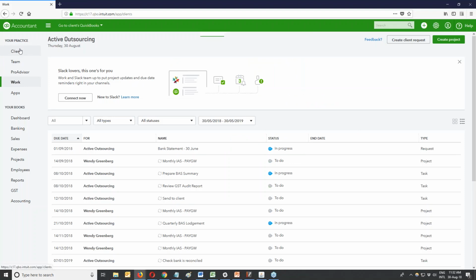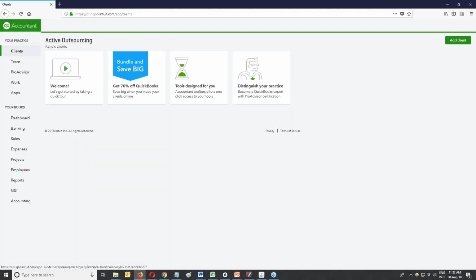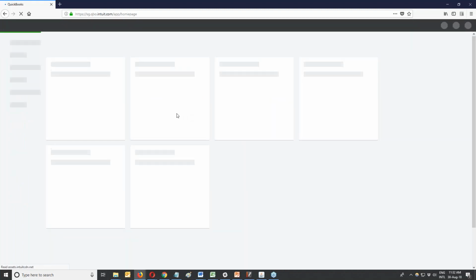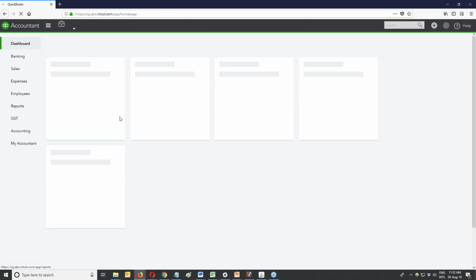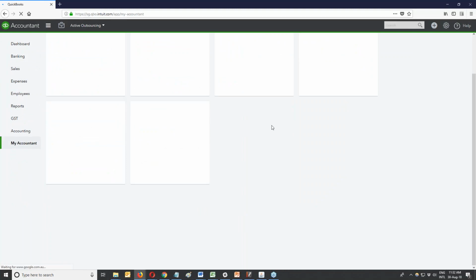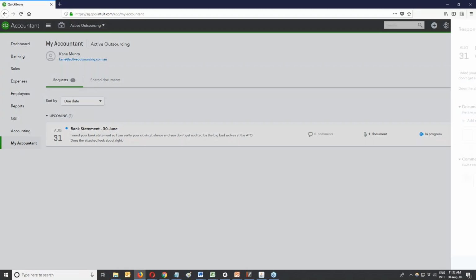So if I just jump into the client version here, which we'll try to do up here. My Accountant. So if I jump into the My Accountant tab as the particular client, you can see here that the request has come through via My Accountant. It's really important your clients check that. It's really important you check that it's going via email and they can respond via email. A lot of clients may not know how to access the My Accountant tab. You can see here, I'm now in as the client, QBO instead of QBOA. You click on here,